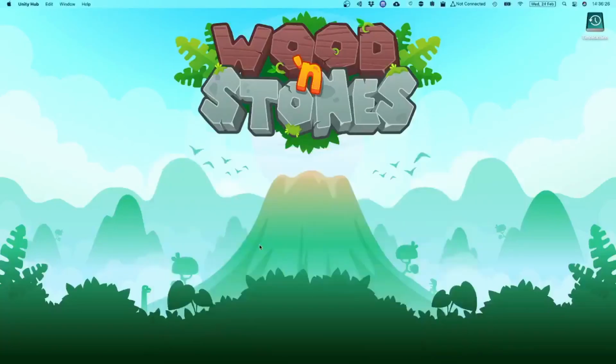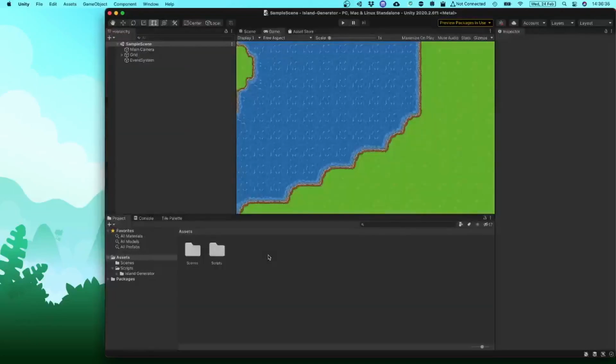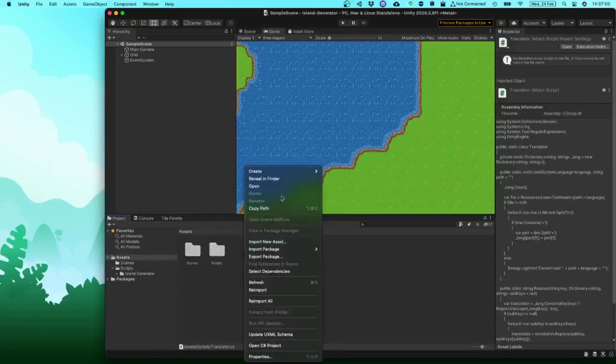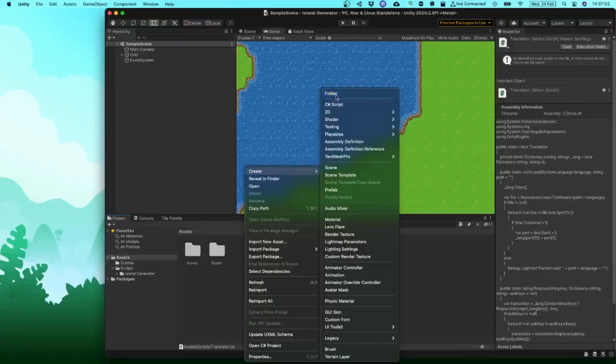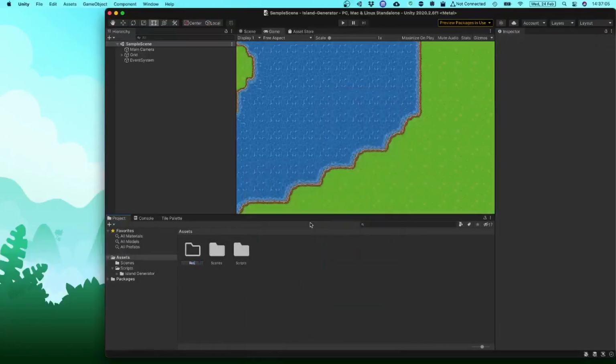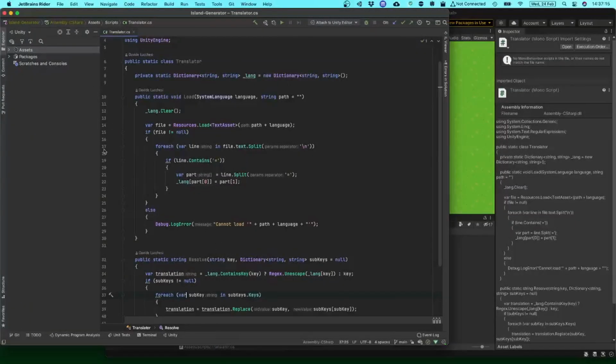As you can see, I have opened the very same project we created during the last episode. If you cloned the repository from GitHub, link in the description, you can maybe refresh it and you'll see a new file under the scripts directory, Translator.cs. There will also be this Resources directory, which I created right now, that contains text files with key value pairs. For each key, which stays the same, there is a different translation in every file. The name of the file is very important and it needs to match entries from the SystemLanguage enum.